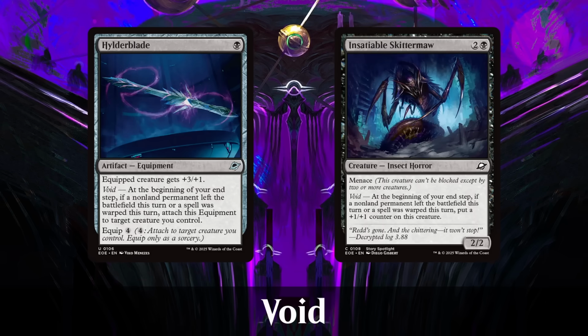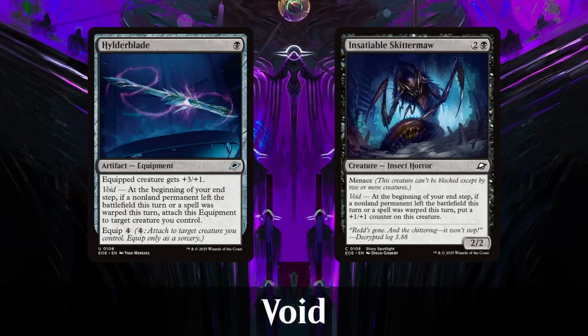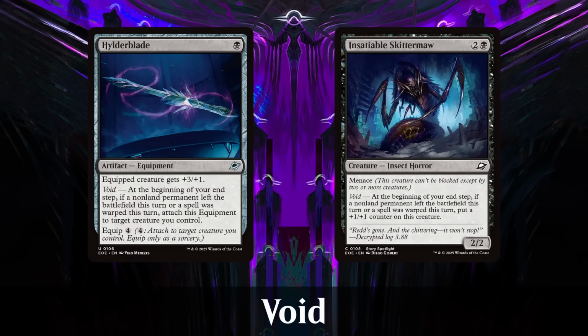The other way to ensure you'll always have Void turned on is just load up on warp creatures, which gives you a bunch of good value anyway. Void is turned on as soon as you cast a card for its warp cost. It doesn't need to have been exiled yet, and in fact, it doesn't even need to resolve, so get stuffed,